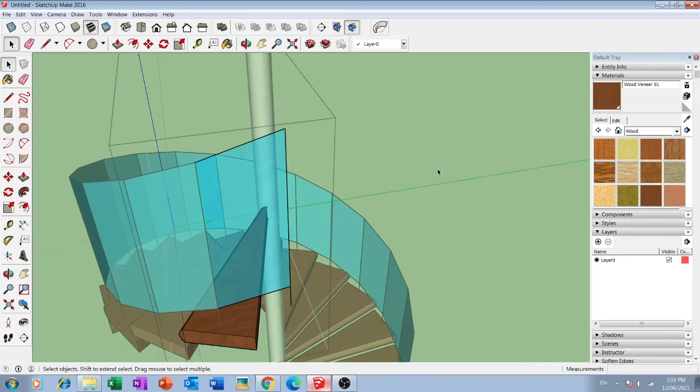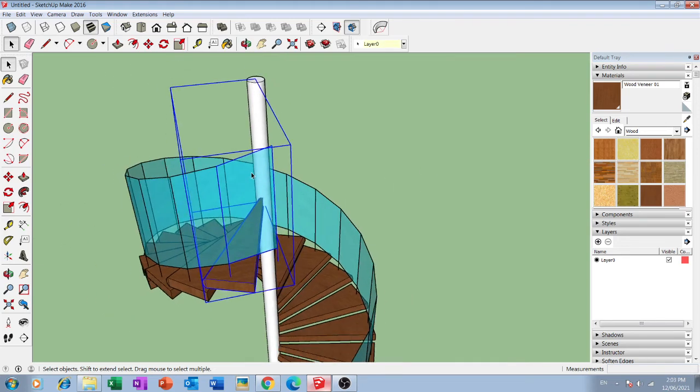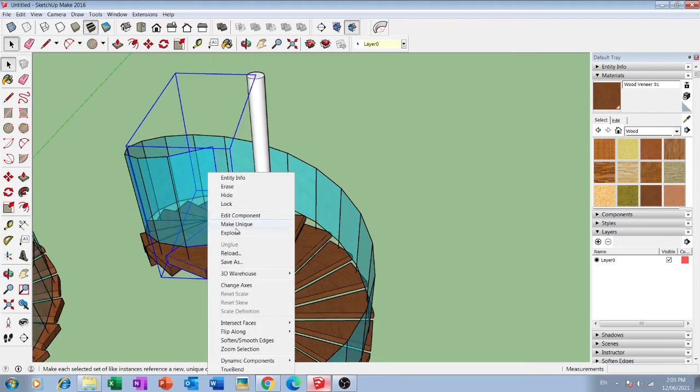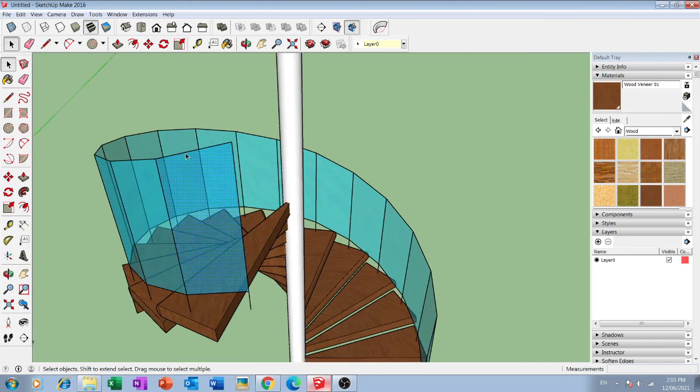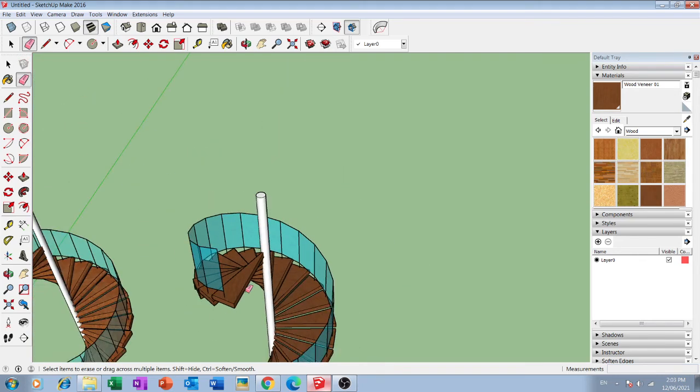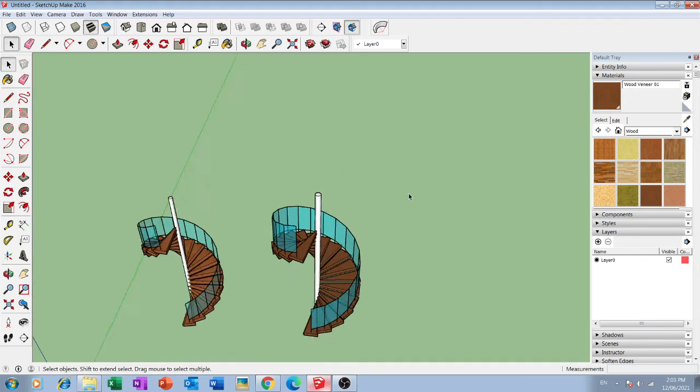Now for the last one, this handrail is hanging over here. So click on this, right click, explode it, then after exploding, simply erase these unwanted lines. So this way our spiral staircase is ready.